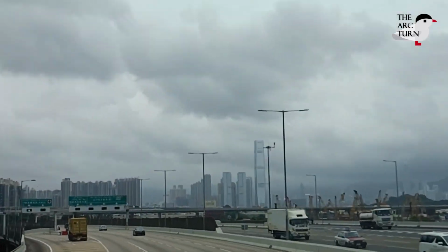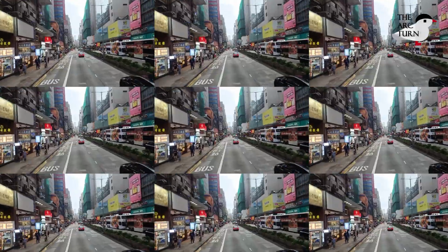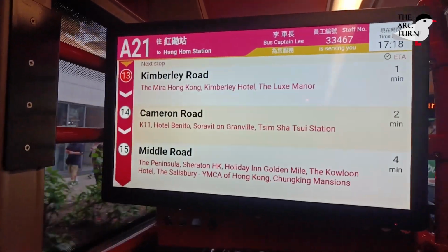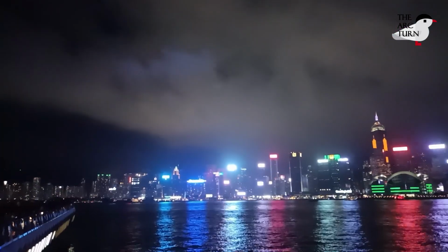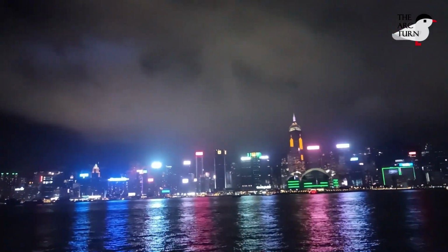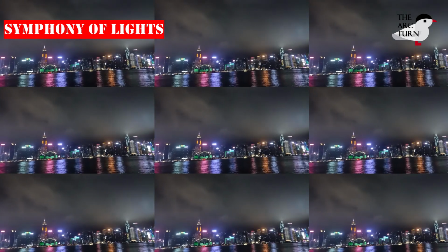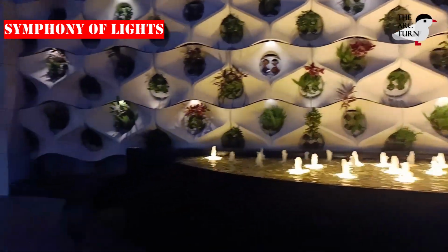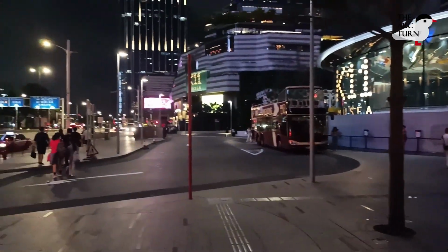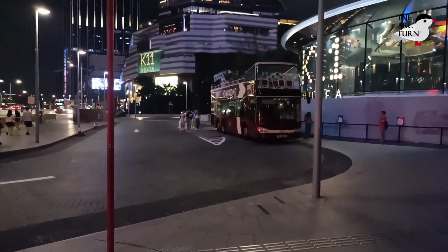Check out our entire video from the airport to the Nathan Road. I am just going through very fast here because this is the route which we have captured in another video. As you can see, high rises on the Hong Kong side would start coming as soon as you come near to the Kowloon Island. Now this is the very famous road. Wonderful roads like Kimberley, Cameron, Middle, and then Nathan Road would come. The actual cost was